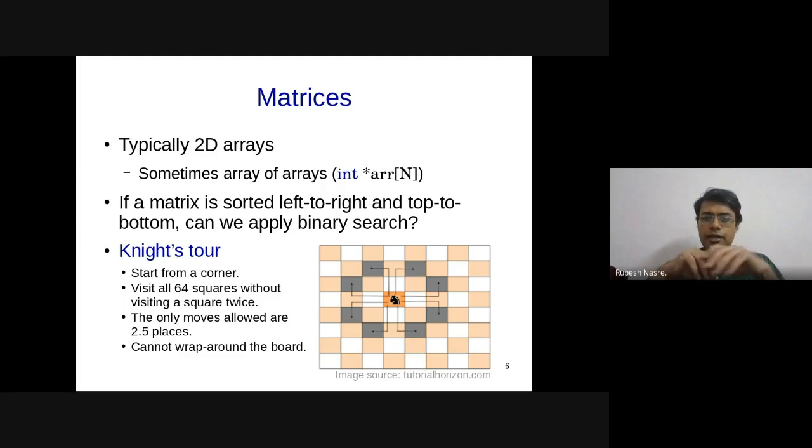Okay, I didn't get any immediate responses, and I'm happy about that. I request that all of you try this out. Not now, don't take out your chessboard right away. Mayank says we can do this recursively. Okay, sure.